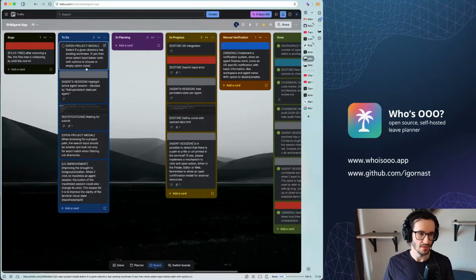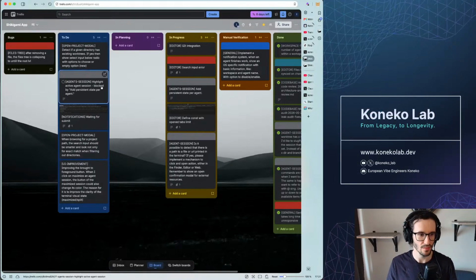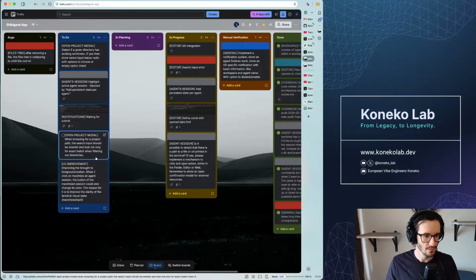So this is crucial for the initial, even for the first release. Because if you forget about it and close the application, there is no way to resume a session from the application in a certain worksheet. Yeah, that one.